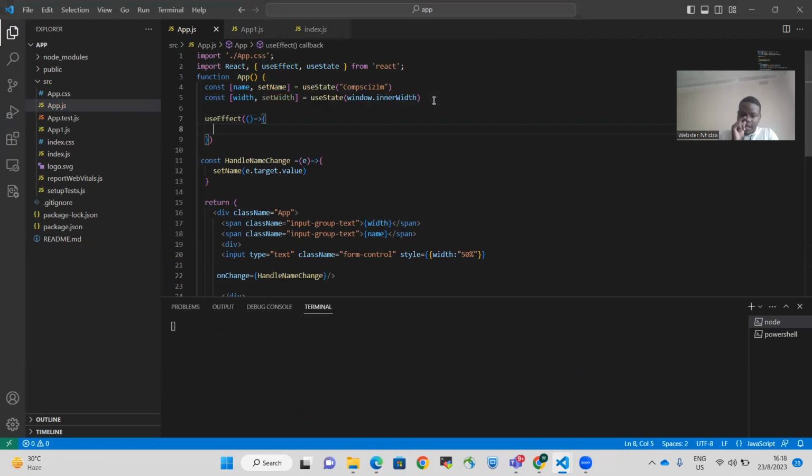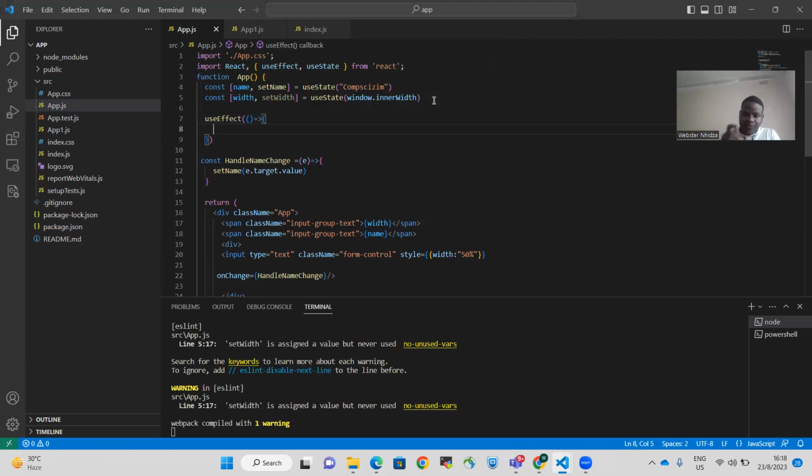So this is our function, and in that function, what are we going to do? We're going to change the manipulation of